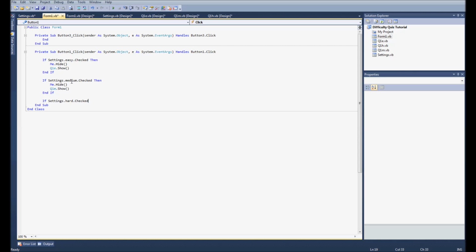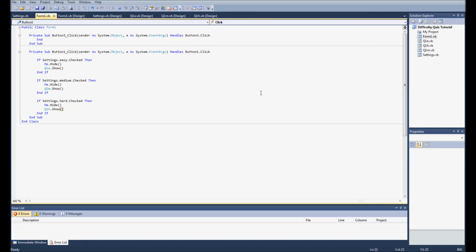Put down a bit. And then if settings dot hard dot checked, then me dot hide, Q1H dot show. So now if we run it,